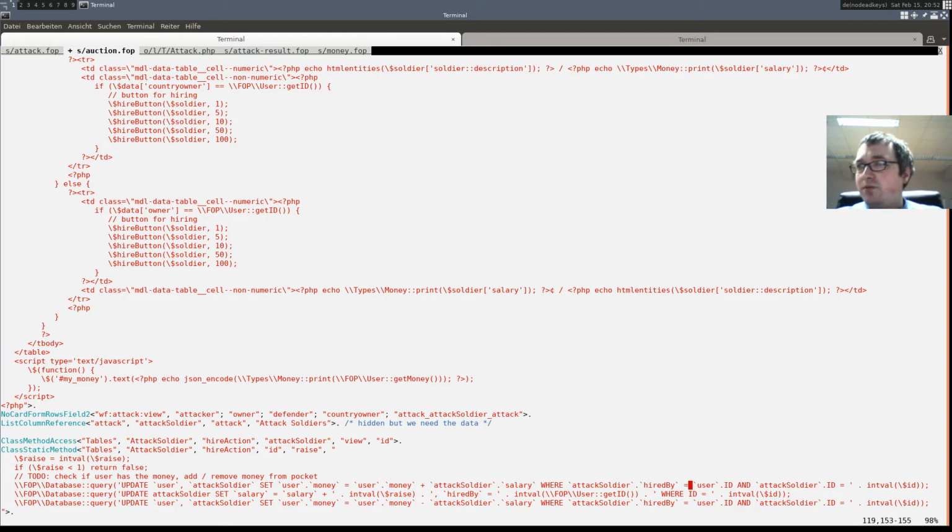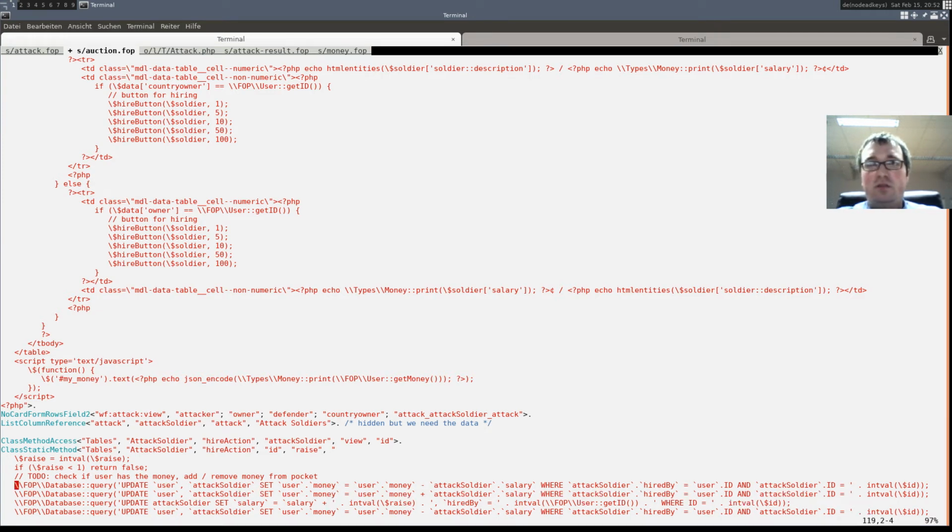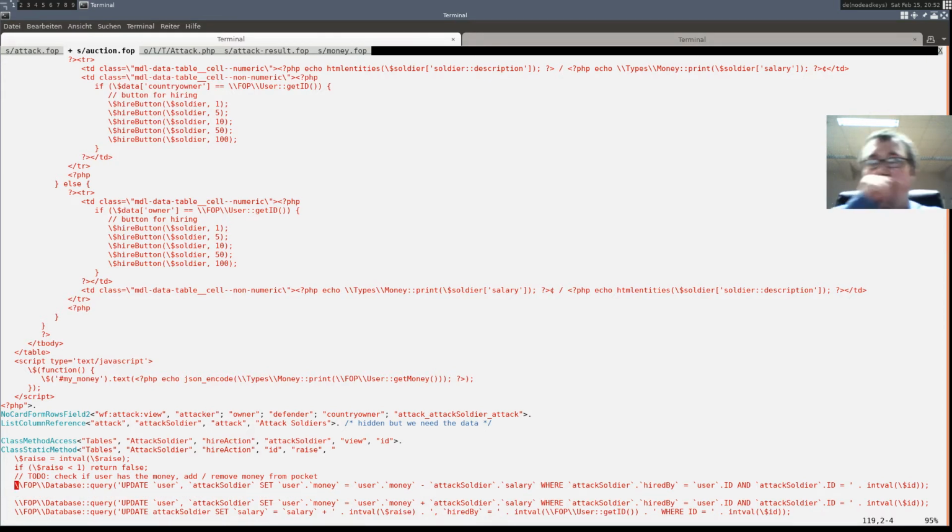Now at first we have to do the plausibility check. So a fourth query, select user.money is greater or equal attack soldier.salary from user and attack soldier, where attack soldier hired by is user ID, and so on.